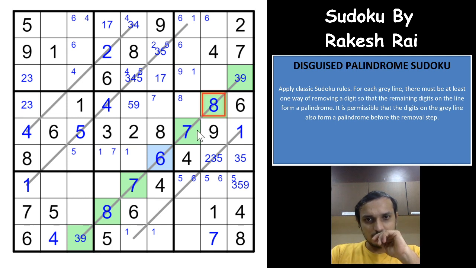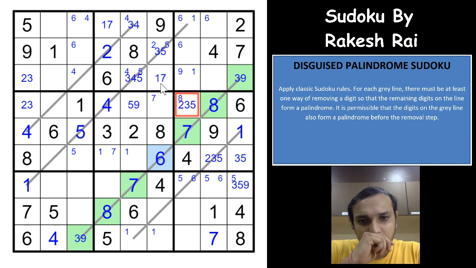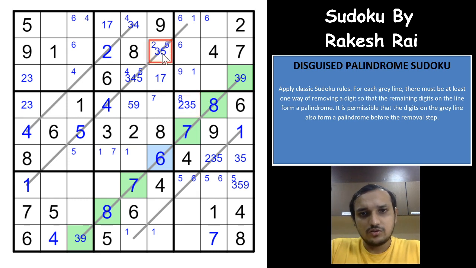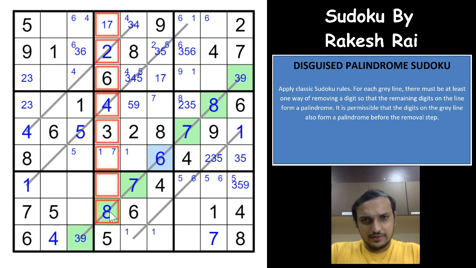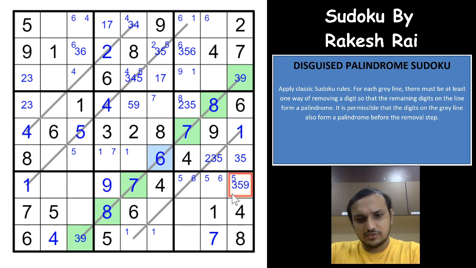Okay, and 2, 3 and 5. So this is 2, 3 and 5. Okay, so after this we should be able to get something, guys. 3, 5 and 6, right? So this would have to be 3 and 6, and 3, 5 and 6, and 1, 7 and 9, right? So this cannot be 1 and 7, so this would have to be a 9. That eliminates 9 from this cell. You have a 3, 5 pair, so that gives you a 9 here and a 9 here. Wow, that was awesome. That gives you a 9 here,